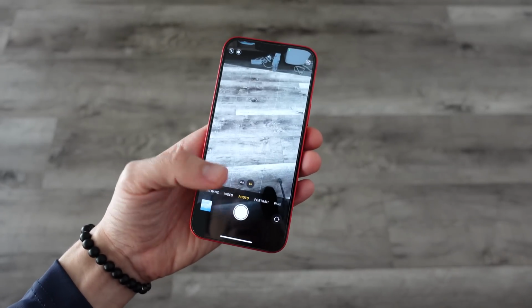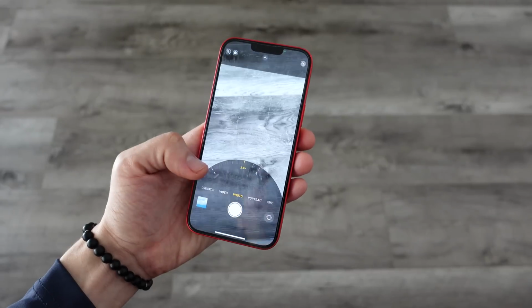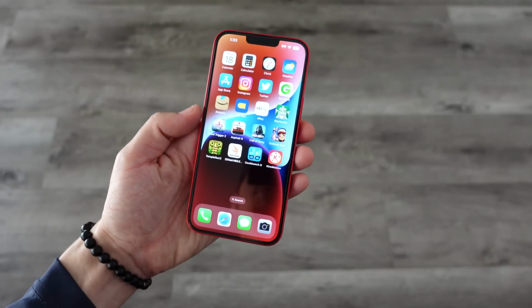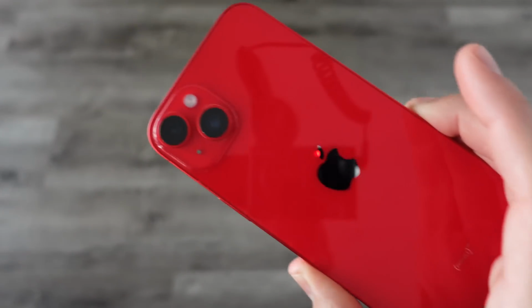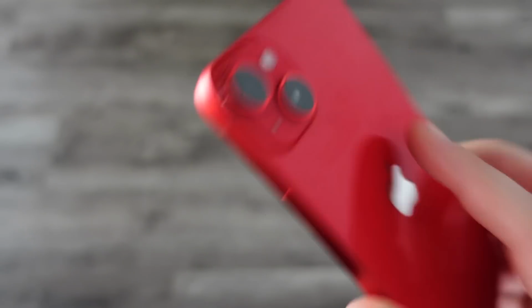There is one particular issue, but I don't even know anymore if this is an issue for people, because there is not enough zoom on this phone. But do you think people that are buying a Plus want more zoom? Let me know your thoughts down below. I've been thinking about this for a while. I do think that maybe the target customer of this may not care, but also I still think even giving